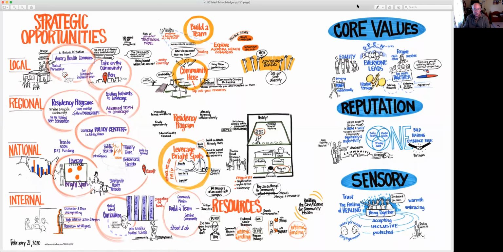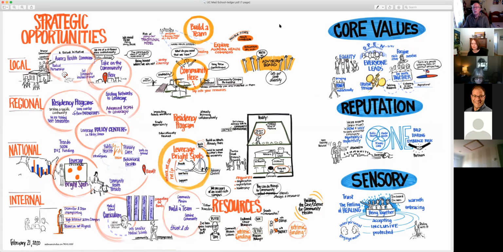So the afternoon was really focused around strategic opportunities. And before we get to those, which gets really to Linda's question, I want to spend just a few minutes over here on the right-hand side. This right-hand side of the illustration actually came early on in the morning discussion, and what our illustrator, or what we were asked to do was